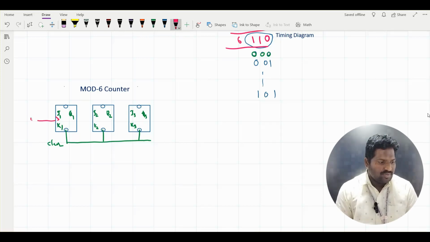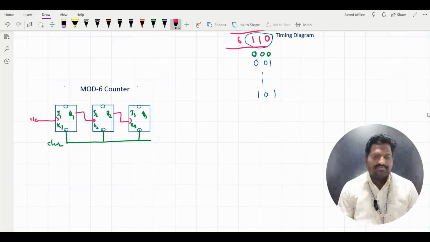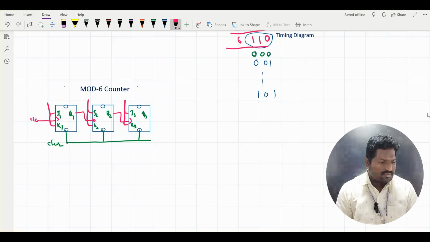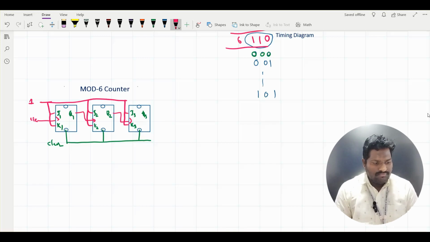For this first flip-flop I have given a clock pulse, and the output of this flip-flop is given to the clock pulse of the next. Okay, and the J and K inputs are given as 1 for the toggle mode. Inputs are given as 1. Okay. Now let's design this